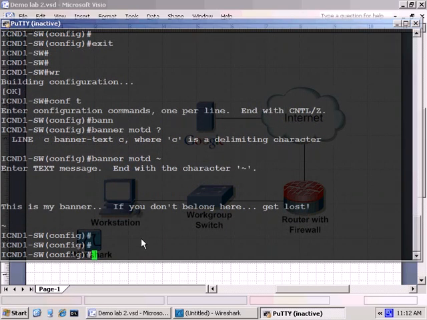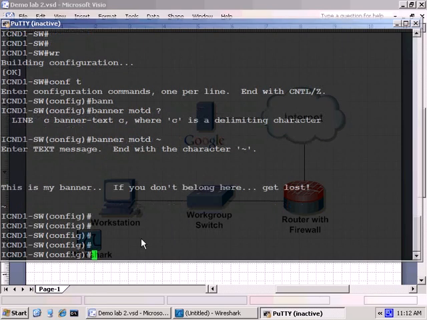A couple other things we want to do before we go on to the next section, and that is some other basic security settings we can do on some ports here. So I want to turn on port security for my interfaces. Port security essentially locks down the number of MAC addresses that a particular interface can learn. It's not my favorite security feature. I'm not going to go into all the details at this point as to why I think it's not a very good security feature, but you can just hear the incredulity in my voice as I'm saying it right now. But I'm obligated, based on the ICND1 course, to show you what port security is, so here you have it. I do want to do this on several interfaces at once,